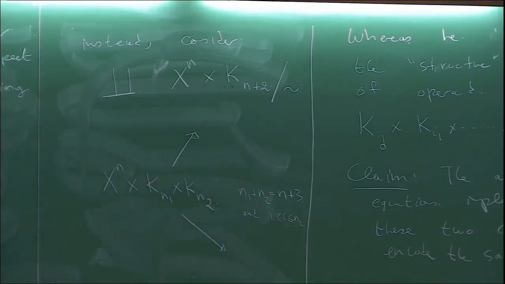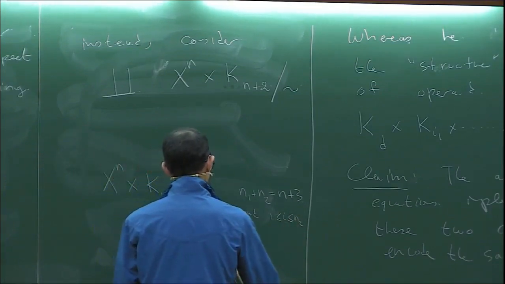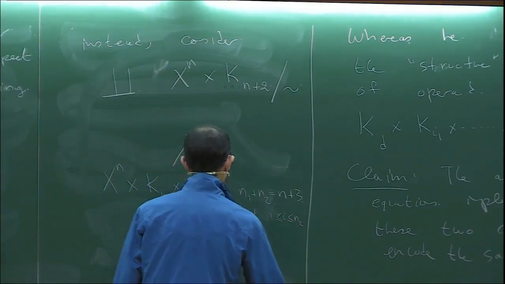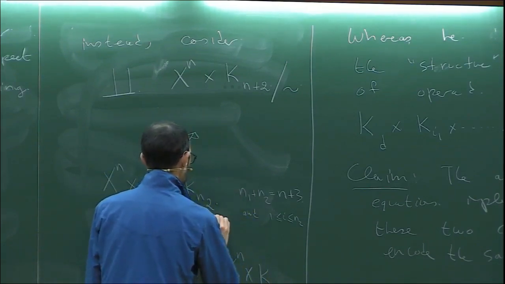So there are two things you could do. You can either map this to X to the n cross K n plus 2, by composition in the ith variable,